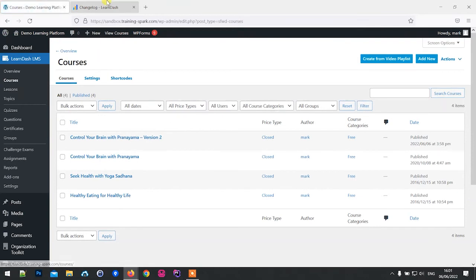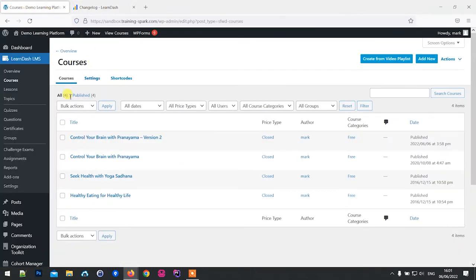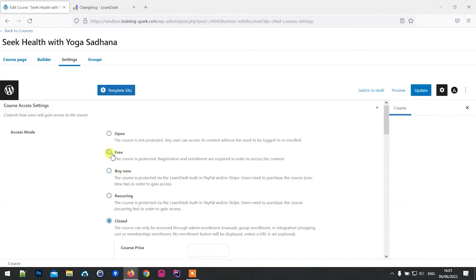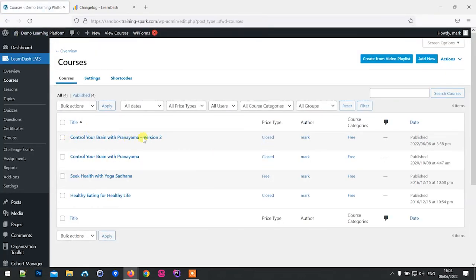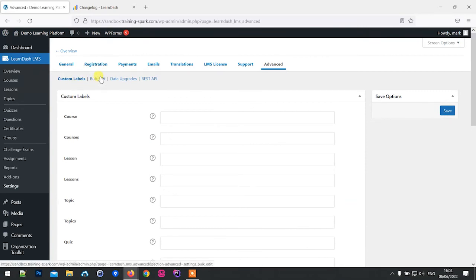Coming back to LearnDash features here, the last one that we'll look at as part of this video is this one here, added bulk editing, allowing you to change settings for courses based on certain parameters. So what I will do to start with is just change a setting here. So just bear with me while I do this. What I'm going to do is set one of these courses access modes to free. If I now head into settings and then advanced,